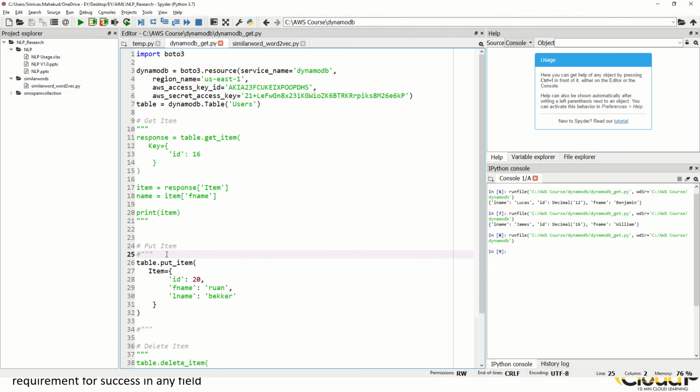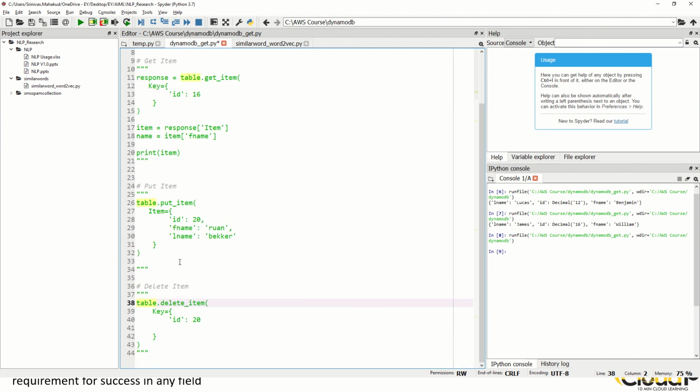So now let's go with the next operation, that is how to delete. Sorry, I'm just commenting this. Okay, so you have something called delete item, which can be used to delete a particular row from the DynamoDB table.